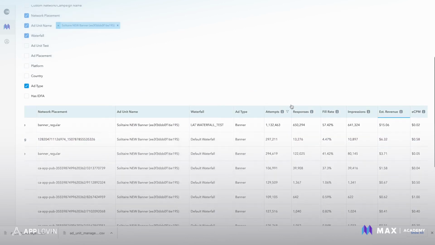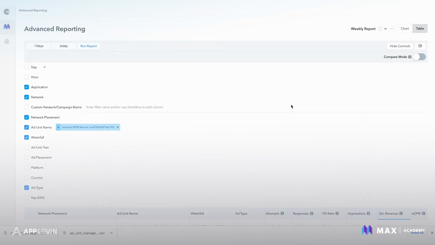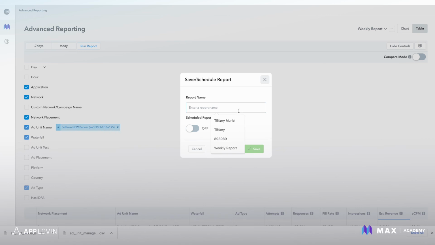To show you a couple of quick great features when using our reporting, the first is saving and scheduling a report. So you pull your waterfall report, and you're like, yes, this is the report that I need. You can save it and just name it waterfall report or whatever you want to name it.